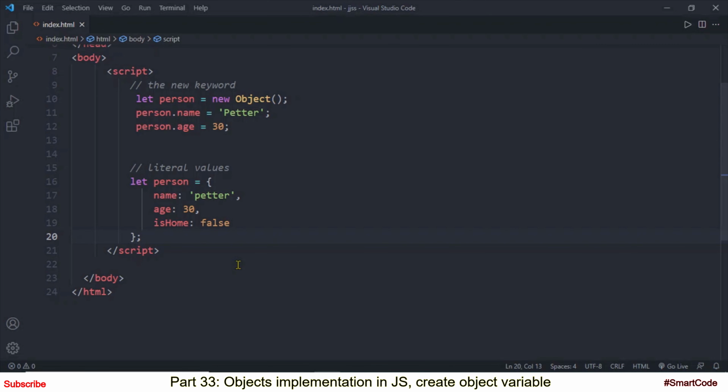I will use literal value notation in my future tutorials, but you are free to use either of them. The choice is yours. Now, before we wrap up this tutorial, I want to teach you two more things. Number one is how to create an empty object. An empty object doesn't contain any property or function. In programming, there are some occasions where you need to create an empty object, and then you fill the object with properties or functions later on based on some conditions, right? So an empty object can easily be created using the literal value notation. Let's say we want to create an empty car object. So we will code like this,